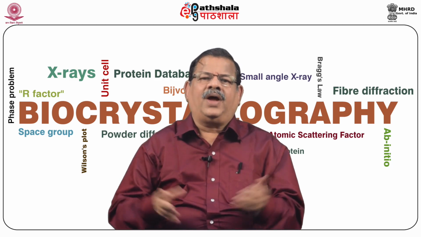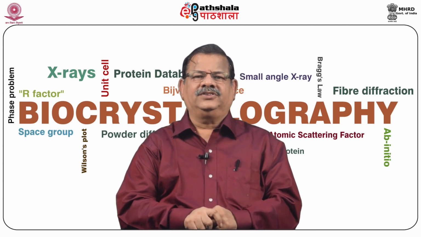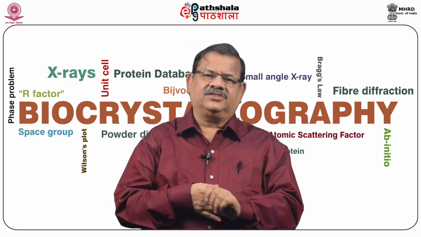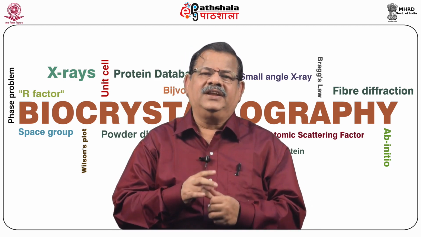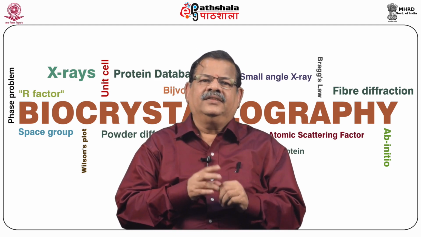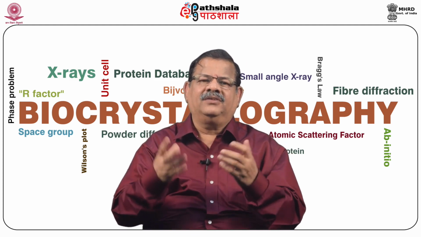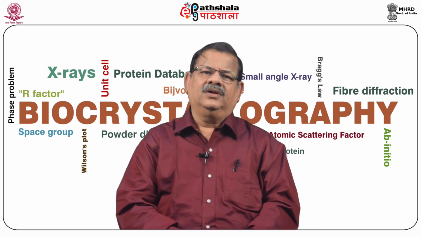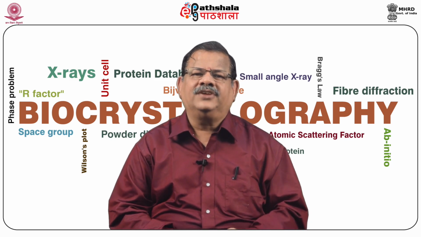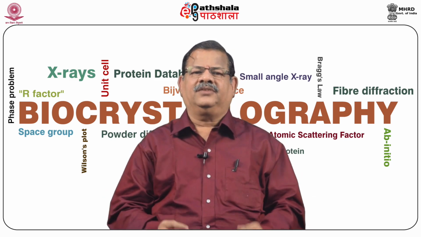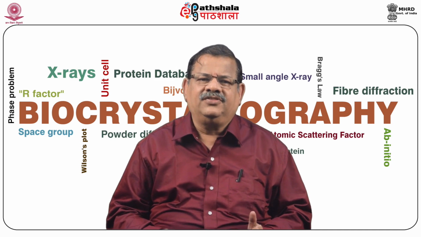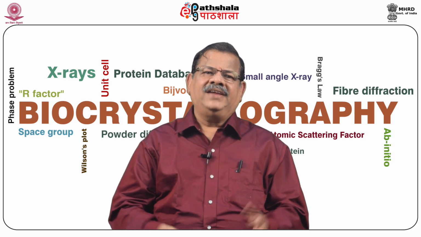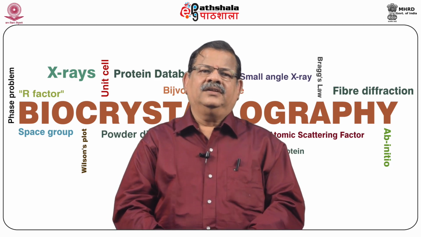So if you do the plotting called thermal plot, which is done by the program originally developed by Professor Johnson, called ORTEP, Oak Ridge Thermal Ellipsoid Plot, we can see the ellipsoids representing the anisotropic thermal vibration. After convergence, usually the R factor will come down to 10% or less. Nowadays it's quite possible to have even 3 or 4% because the data collection facility is very great, and very good diffracting crystals are there. Now, finally, we have to determine the hydrogen atoms.